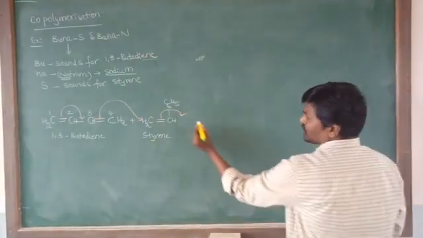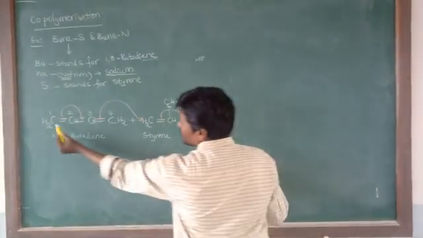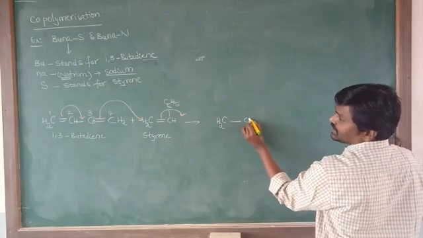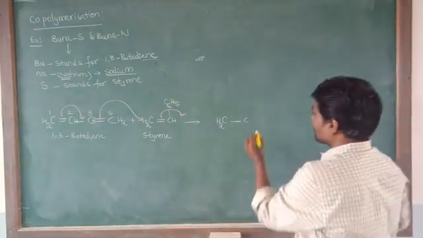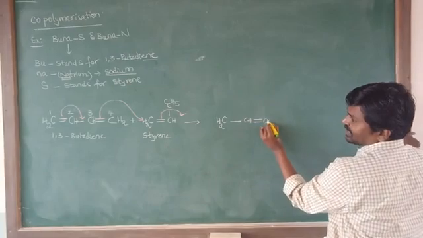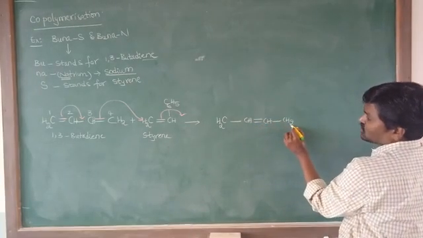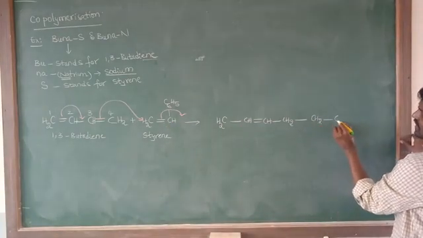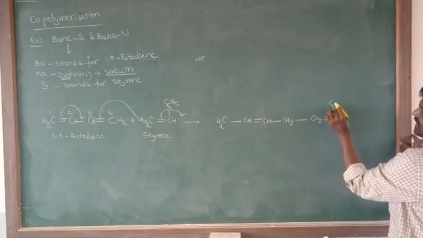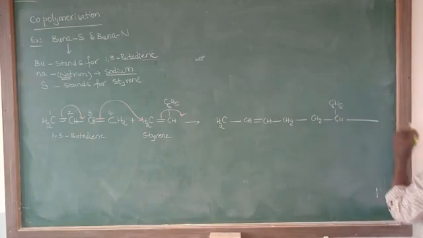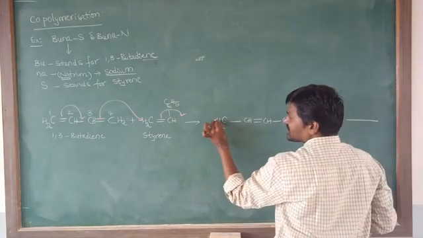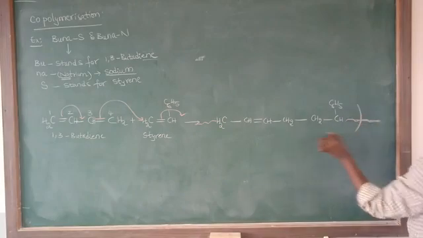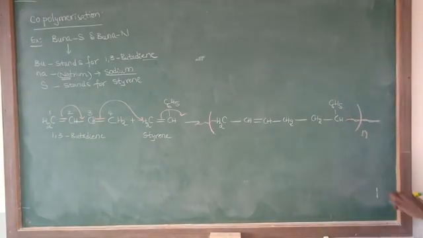we observe the formation of the polymer. What is that polymer? From here I will start now. That is CH2 is there. After this, CH is there, CH double bond is coming there. Next CH2 is there. Next one more CH2 is there. And CH is there, and C6H5. Now here the length of the chain is increasing in this direction, and in this direction also. Now here we observe the formation of the polymer.